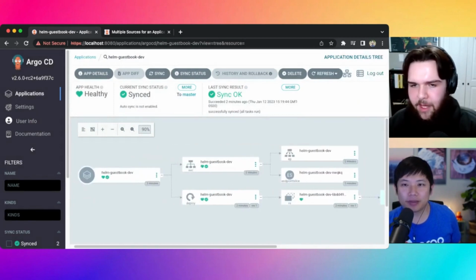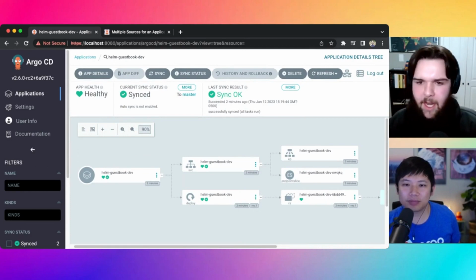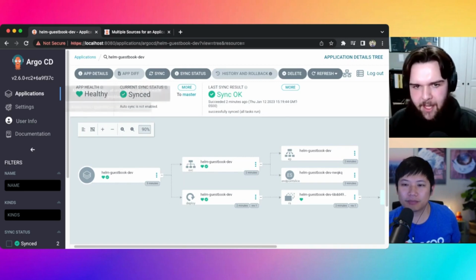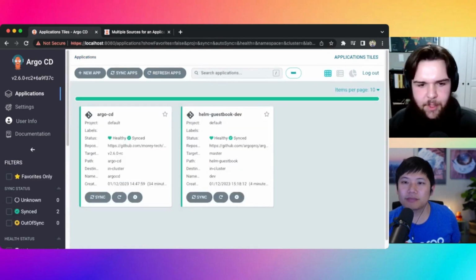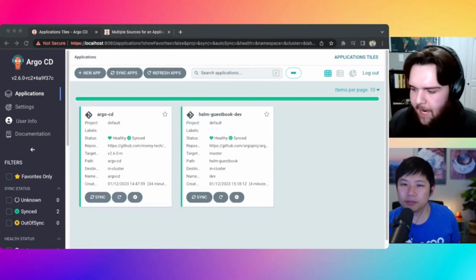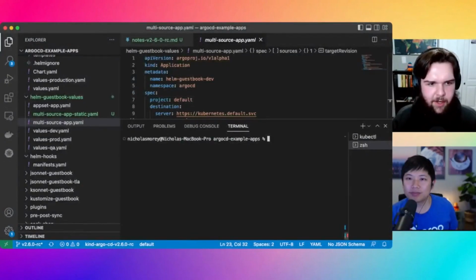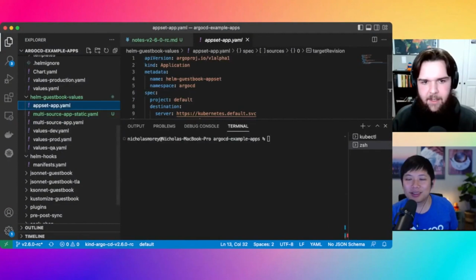So what I'll do here is we're going to build on top of this example by, you'll see that we've got Helm guestbook dev. We're going to deploy a Helm guestbook QA and prod using an application set. So we'll go back over to VS Code here, and we'll take a look at our